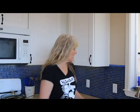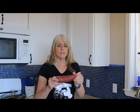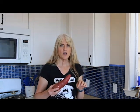Today I'm going to be making sweet potato risotto. Now my favorite kind of sweet potato are the Japanese sweet potato. For me, I just like the texture better. They are a little bit drier, a little starchier, and that's my favorite sweet potato. It's white inside,